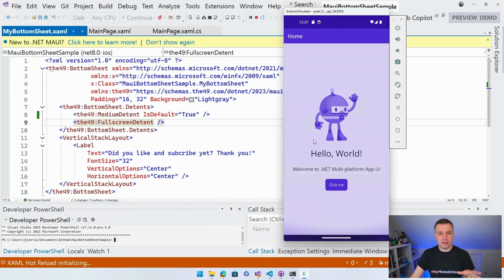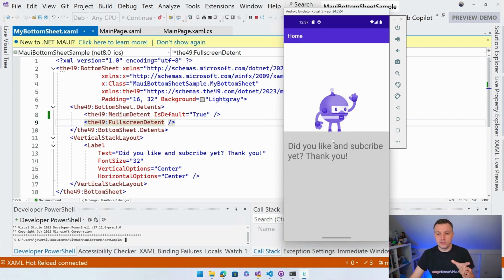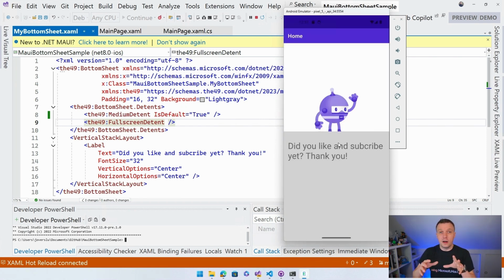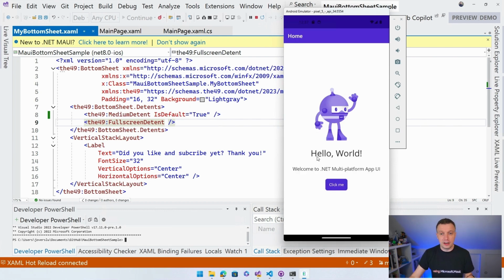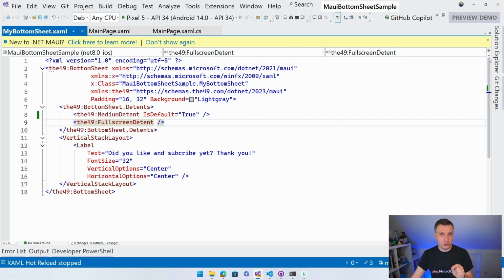And because is cancelable is the other property, right, and I didn't set it so it has the default value, see, there we go, and I can drag it to full screen, and I can drag it back. And because is cancelable has the default value, which is true, I can drag it a little way down and it can go away. But if you set that to false, then you're stuck with it and you have to either programmatically cancel it somehow or do some other thing that you want to do. Because we also have that dismiss async, right? So there's all this.